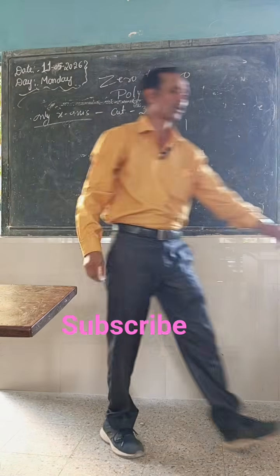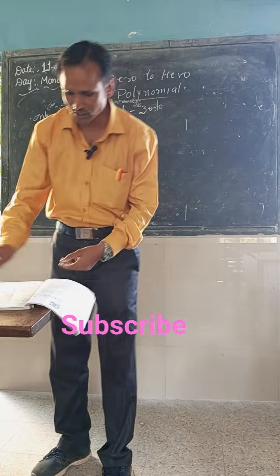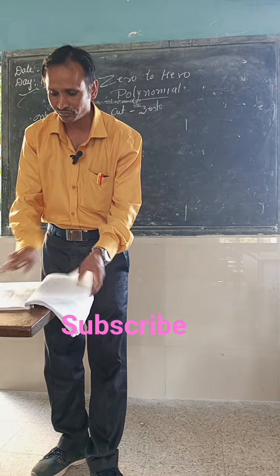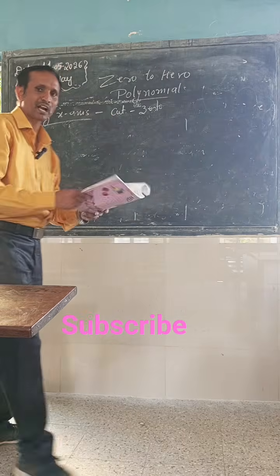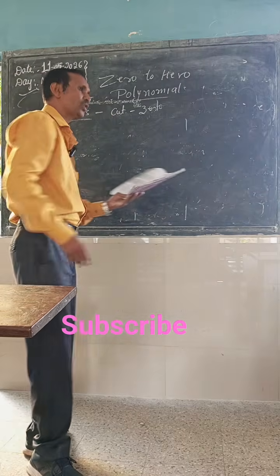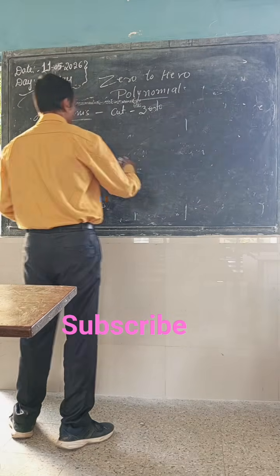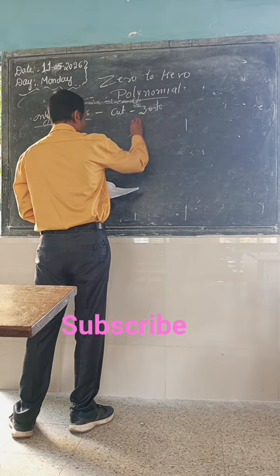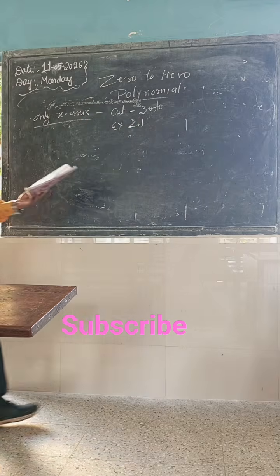Let's take an example from the textbook itself. In the textbook, questions are there. First, exercise number 1. Here it is given. I will draw the graph and tell you the 1 or 2. After that you can remind yourself, and I am writing the answer. So here it will be exercise 2.1. Exercise 2.1, first question.